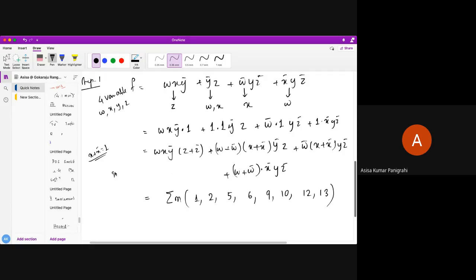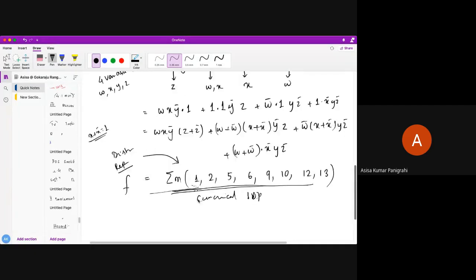What you need to do is apply the distributive law here. After that, remove the repeated terms. After removing repeated terms, you can realize it in this min terms form, which is nothing else but my canonical SOP. Do you all understand? So I have converted my small f into the canonical SOP, which can now be used in step 2, which is to construct the K map of small f and small g. So I can easily put it into the construction of the K map for small f and small g.